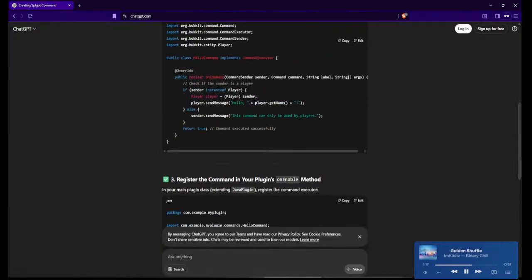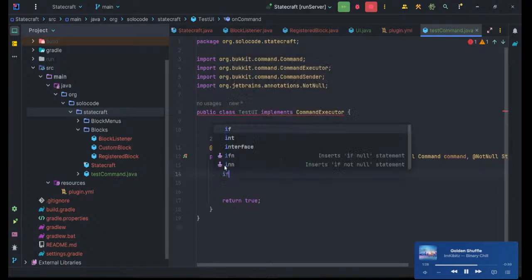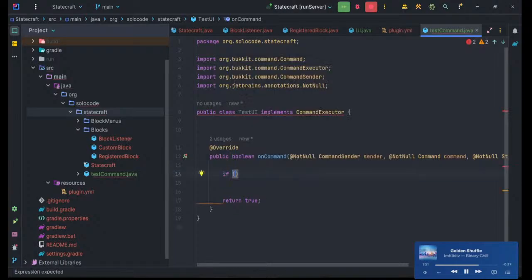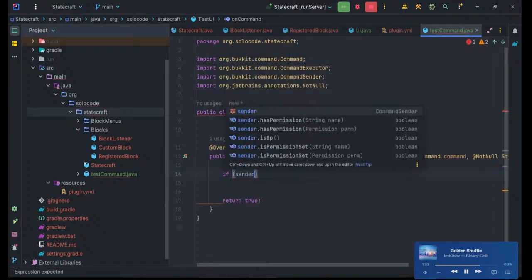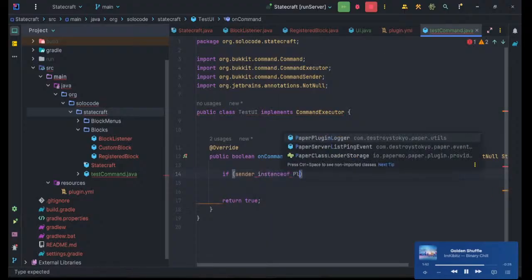On command, so you create onCommand, but this already happens, and I need to return true. True. And to say if sender is an instance of Player,